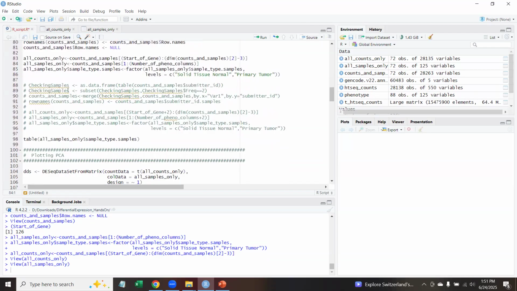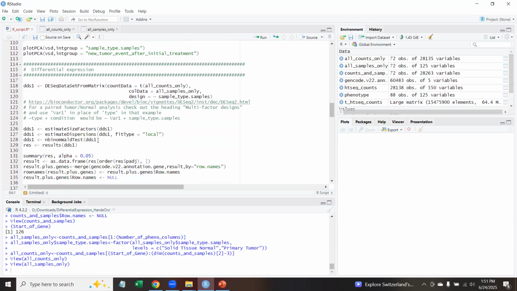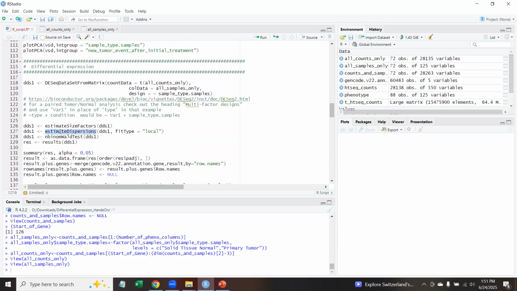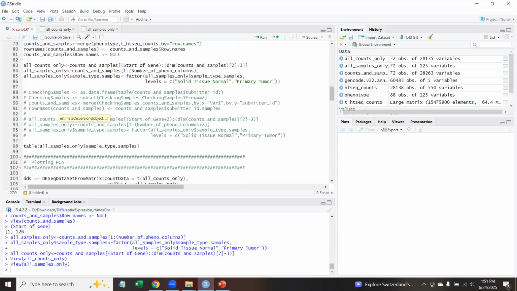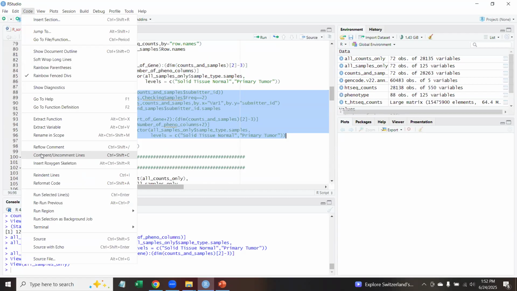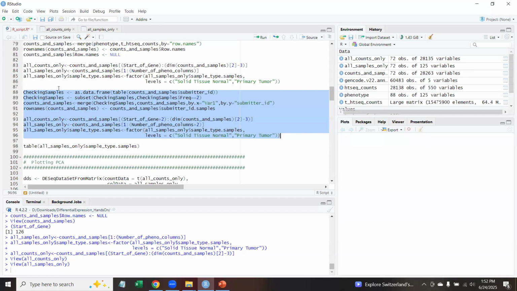I have some extra code here because when I do this code on the supercomputer for other workshops and reasons, it takes a really long time to run, even with only 72 samples, when I get to this estimate dispersion step. So when I'm doing it on OSC, on the supercomputer, to show other students, I add in this chunk of code. You don't have to run it. Just watch what I do. And what this does is